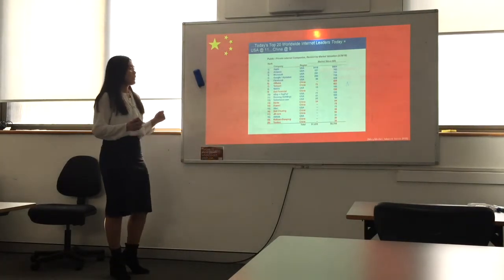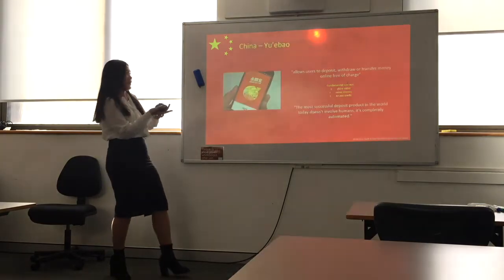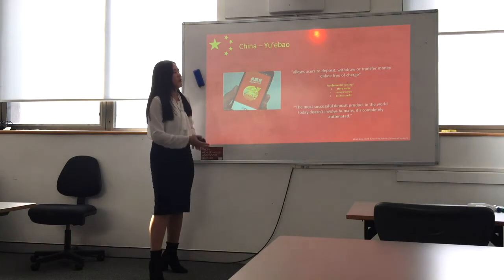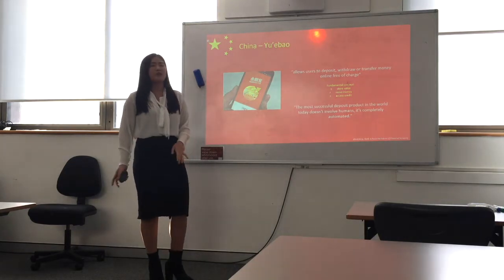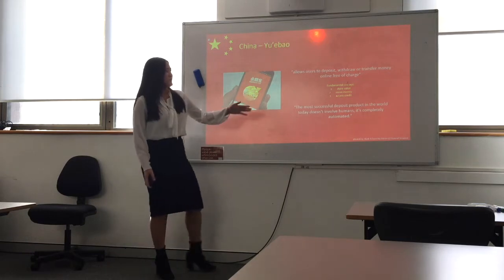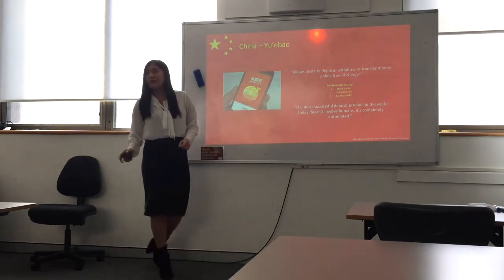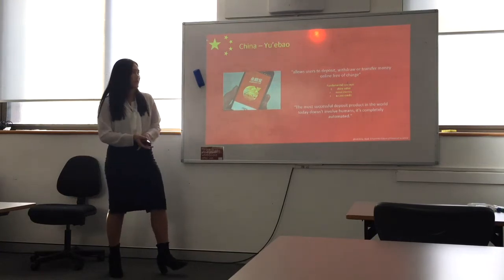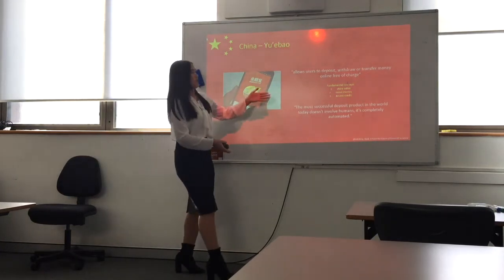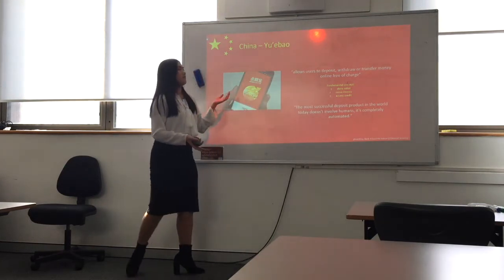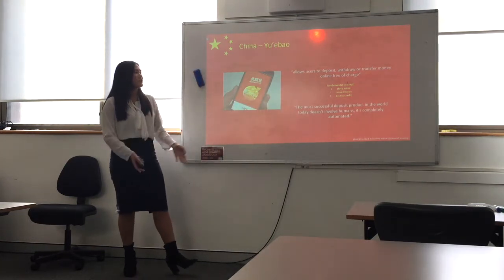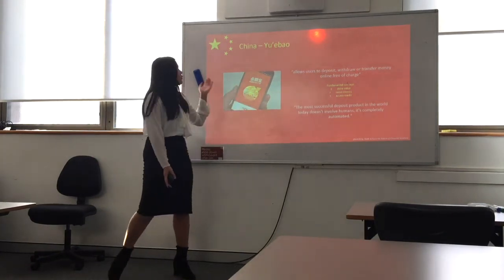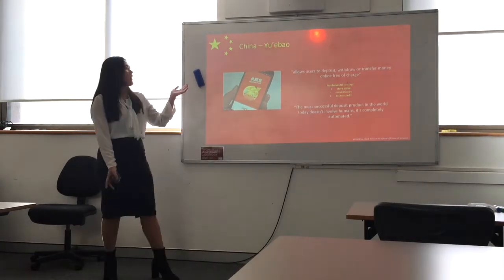And one of the technologies that I wanted to introduce was Yuebao. This app allows users to deposit, withdraw, or transfer money online free of charge. And I told you to keep in mind the fundamental concept of a bank, which was to store value, move money, and access credit. So they have similarities. Basically, yeah, it can be replaceable. So the most successful deposit product in the world today, Yuebao, doesn't involve humans, and